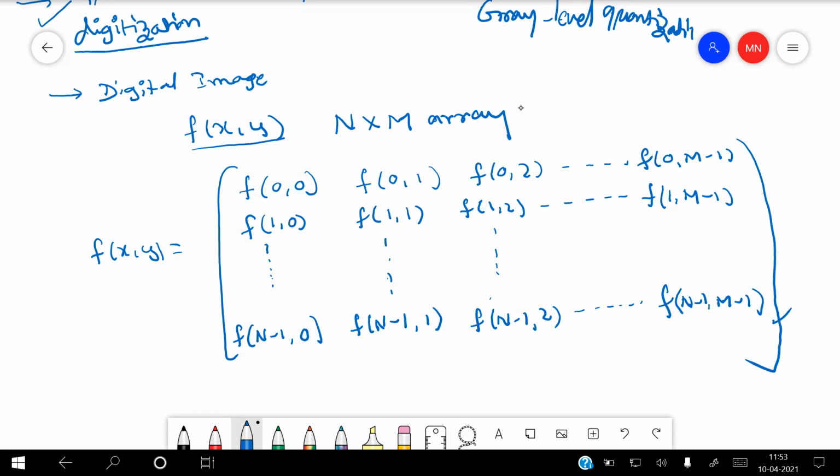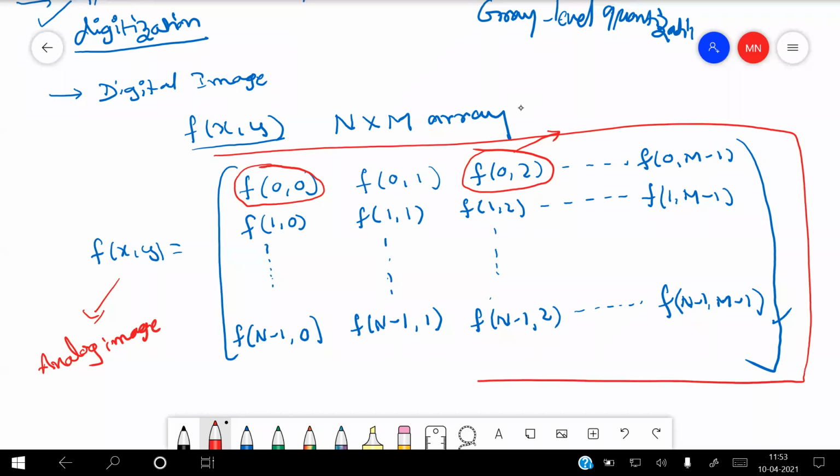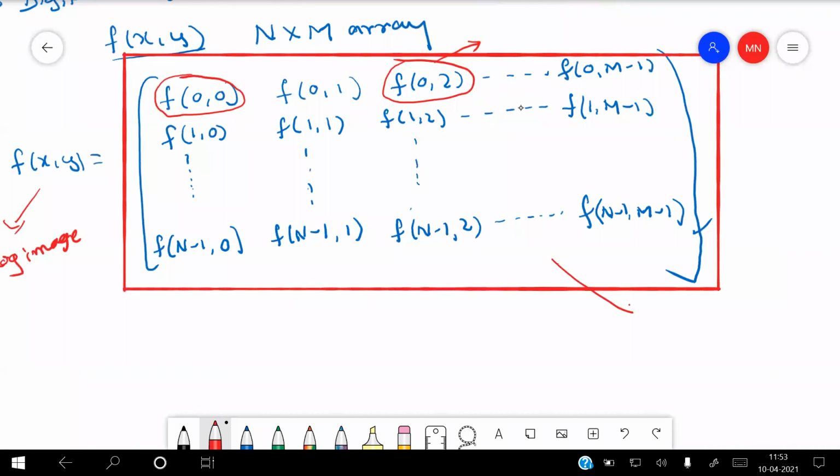Now, what are these values? What is the first value of this one, and what does it indicate? You have calculated all the parameters. What do these parameters indicate? This is an analog image. 1 or 0, sir, in digital form, sir. And this entire right side of the equation, what does it indicate? It will be 1 or 0, sir. It is a digital image.